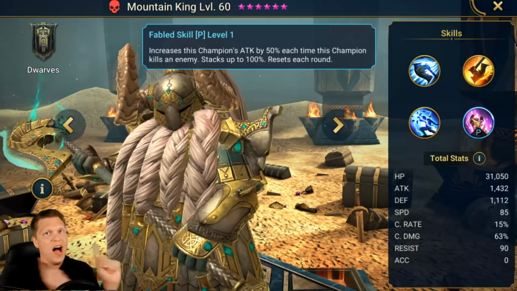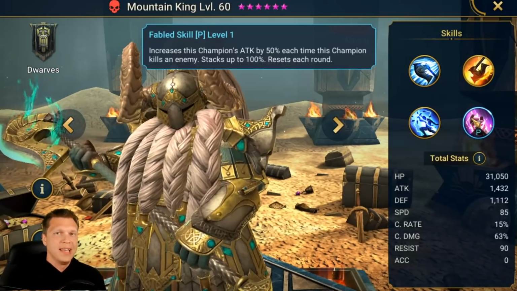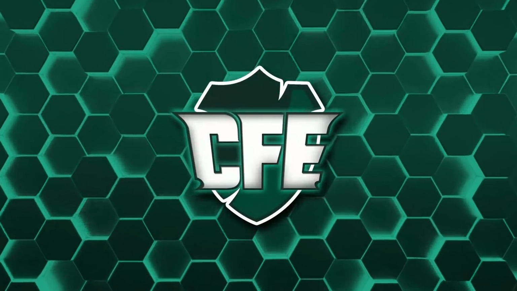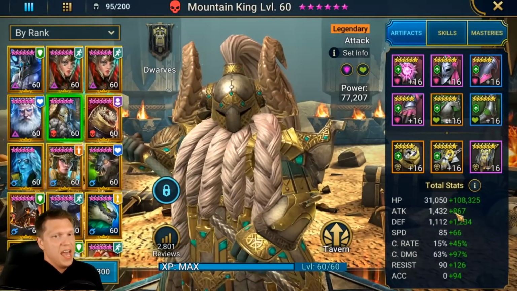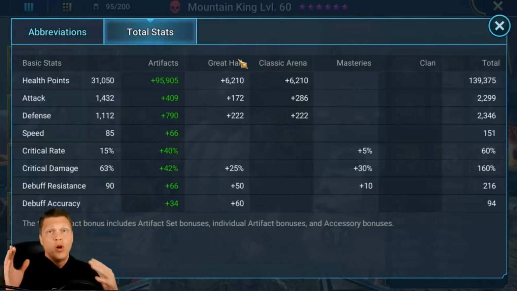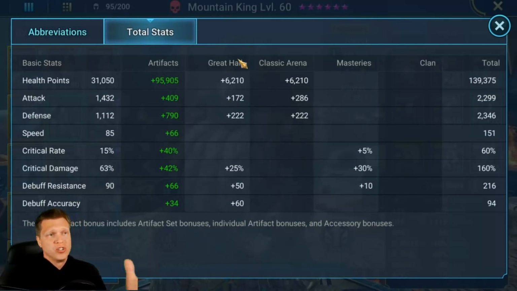So now let's slide on over to the Mountain King that I have built on my account and talk about the gearing and booking process and all that good stuff. So here is my Mountain King, and first things first, if you want to see the total stats that I've got on mine, in case you want to compare a build and how you did yours compared to mine,